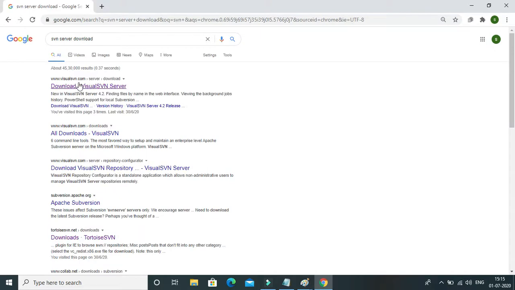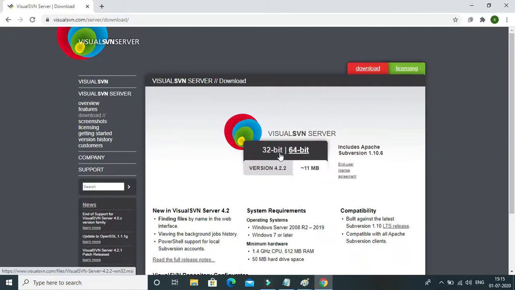So we download this Visual SVN Server, depending on your computer. I downloaded the 64-bit version already, so now I won't download this one.